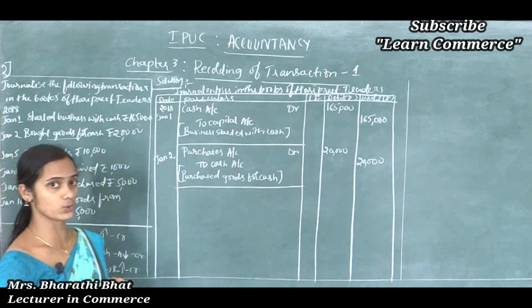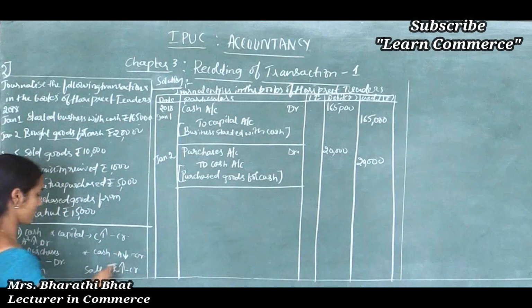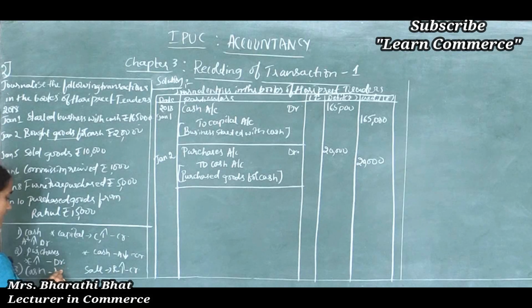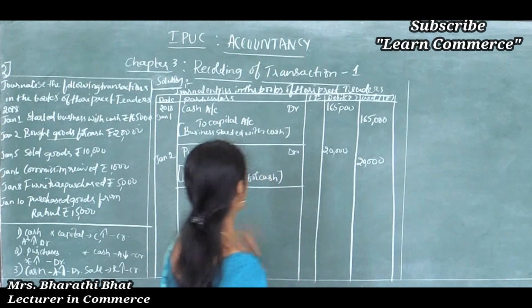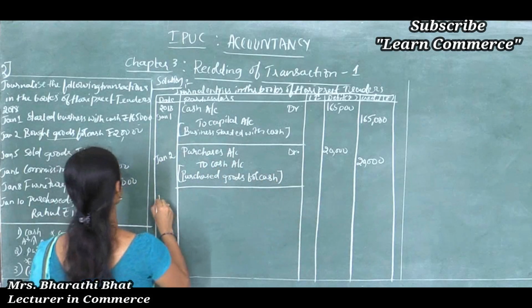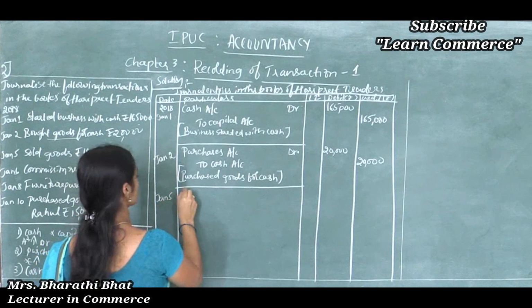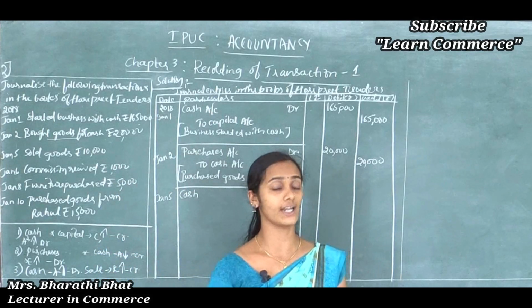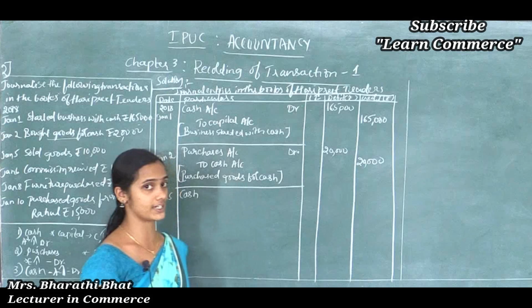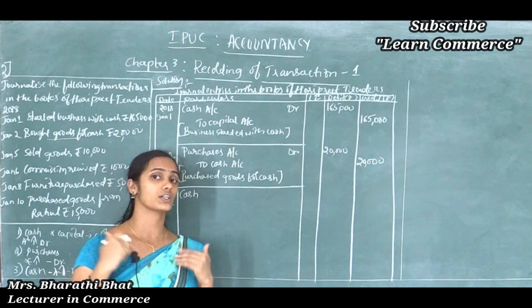Sales means revenue, revenue shows increased value, and increases in revenue are to be credited, as per the rule. Then cash comes under the asset account. Cash shows increased value because of the sale, so increases in asset are to be debited. So we should write the debit aspect in the first line, January 5, cash account. Why is it debited? Because increases in asset are to be debited. Here the asset in the form of cash increases.